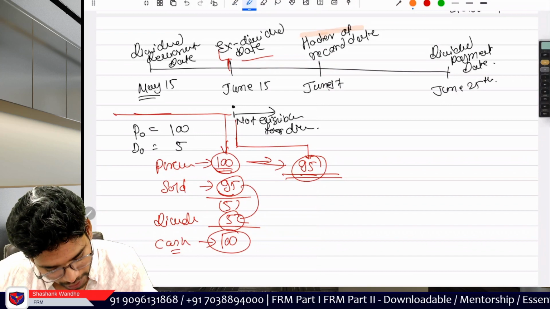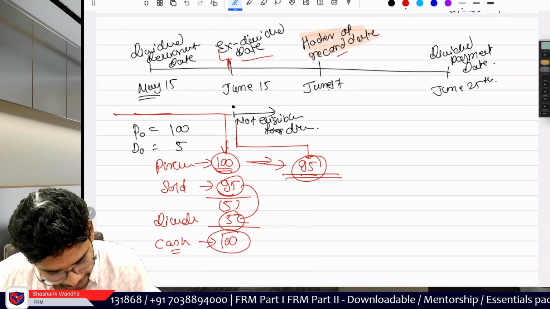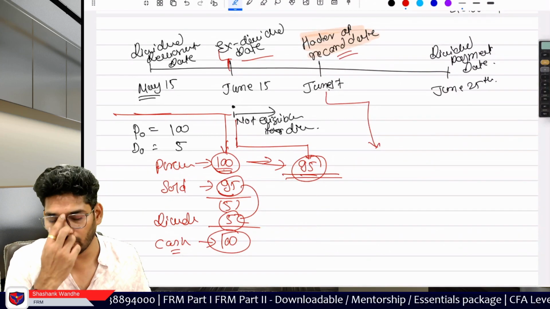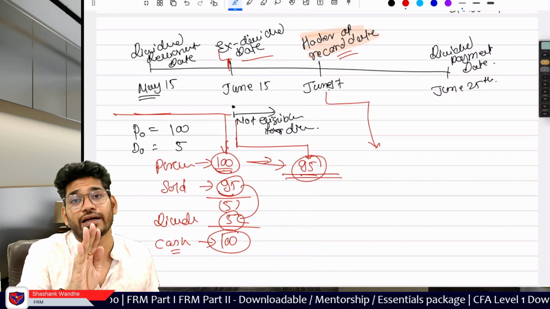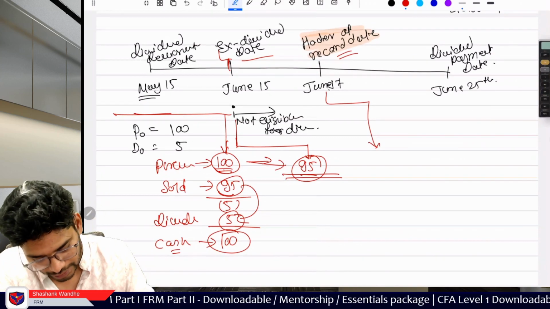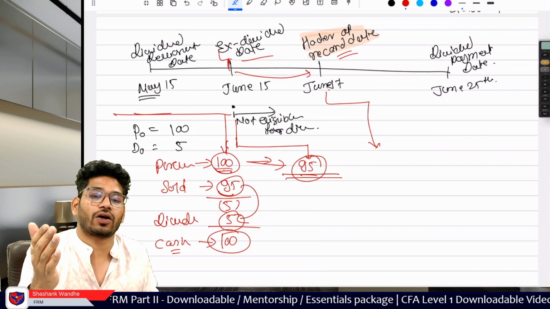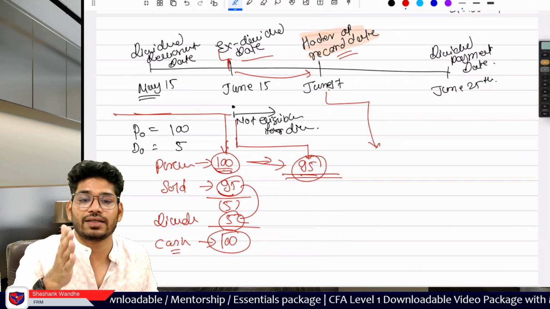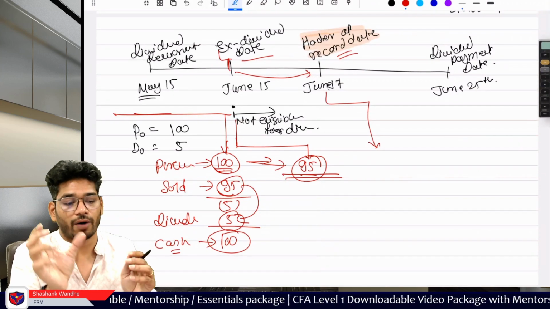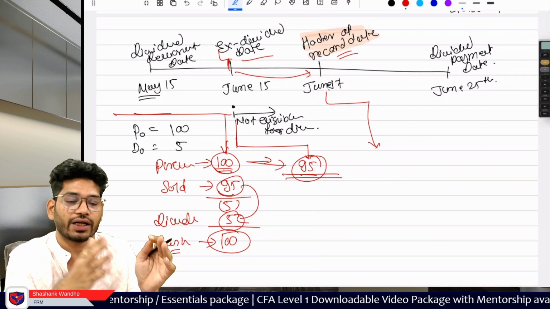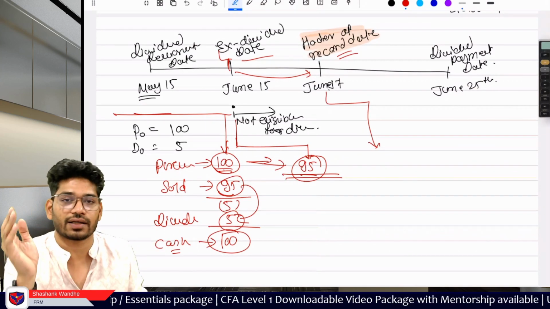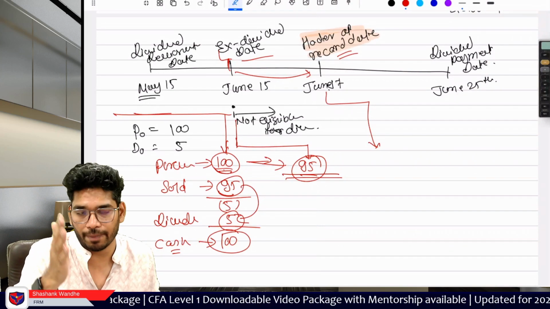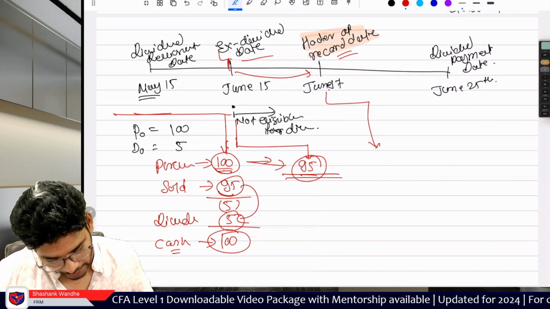Then we have the holder of record date. So what is this holder of record date? When transactions happen on the ex-dividend date, before the ex-dividend date, and so on, the company needs time to record all these transactions in their register. The company maintains a register of shareholders where they properly record who is currently holding shares, who is selling and buying. So those who are holding shares on a specific date are recorded with the company.